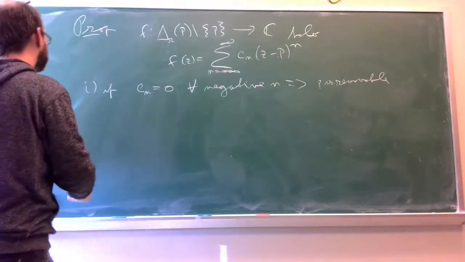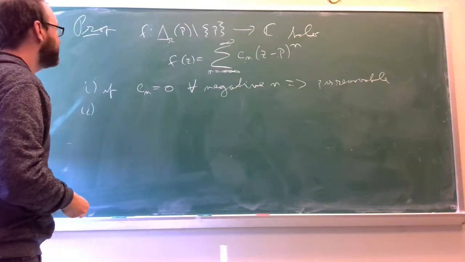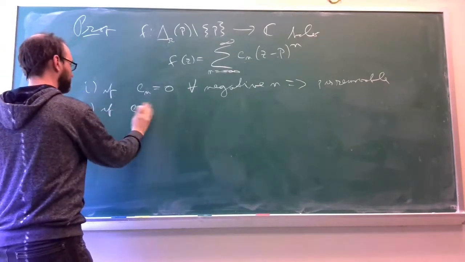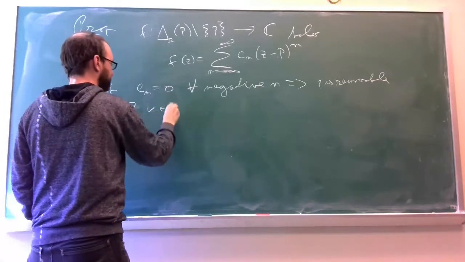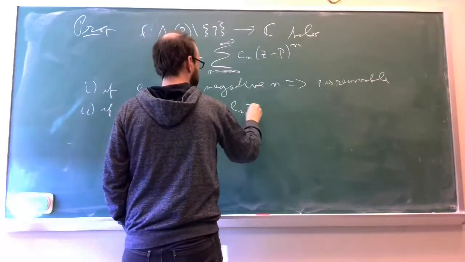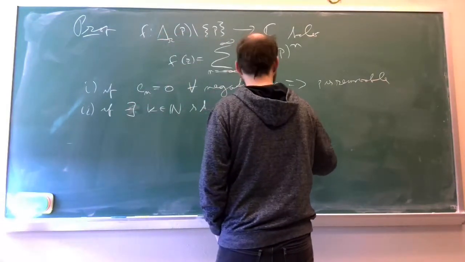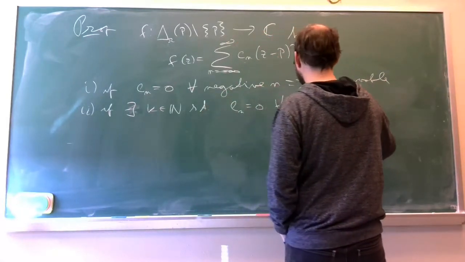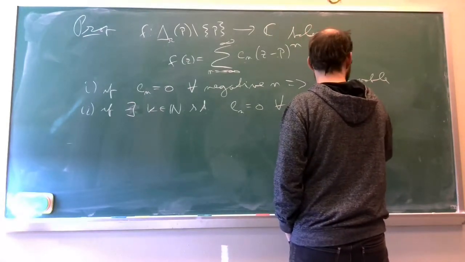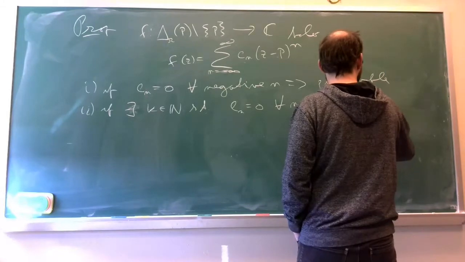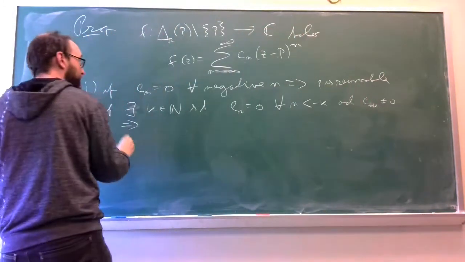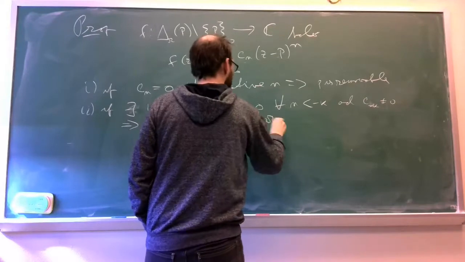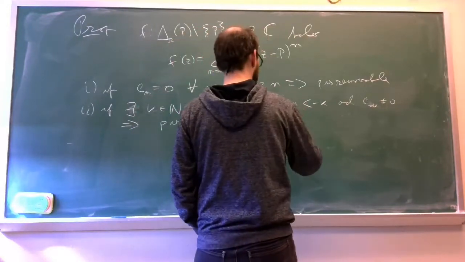So second, if there exists a k such that c_n is 0 for all n less than minus k, and c_minus_k is not 0, then p is a pole of order k. All right,